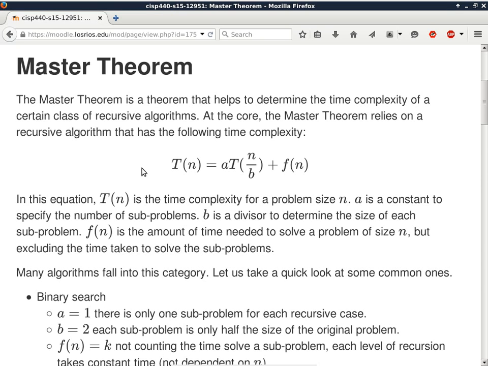So let's say this is the entire array that you are given. With binary search, what you do is you pick a midpoint and you compare to whatever is right at the middle of the entire array. Out of this comparison, there are 3 possible outcomes. One is this is the item that you're looking for, you got it. The other outcome is this is greater than the value that you're searching for, so you can basically toss away this half. And the third one is this is less than the value that you're searching for, and you can toss away the other half. Is that okay? So you have only one half remaining for the recursive call to handle, and that's why A is 1 in that case.